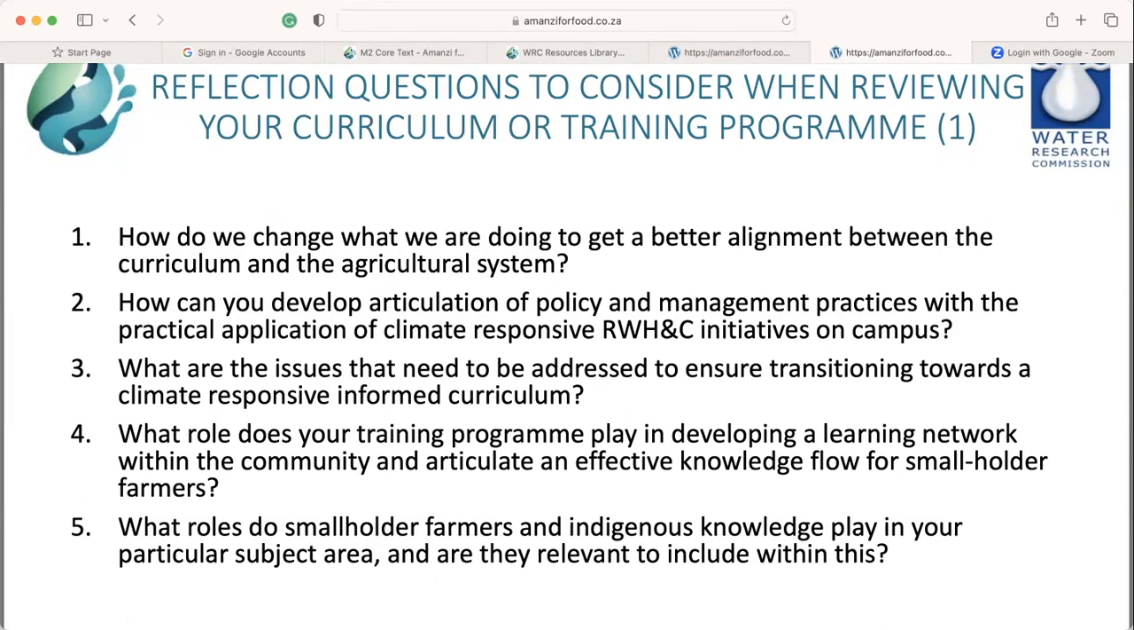What roles does your training program play in developing a learning network within the community and articulate an effective knowledge flow for smallholder farmers? And what roles do smallholder farmers and indigenous knowledge play in your particular subject area? And are they relevant to include with these? So with these questions, basically what you are looking at is identifying what are the needs in your curriculum or training